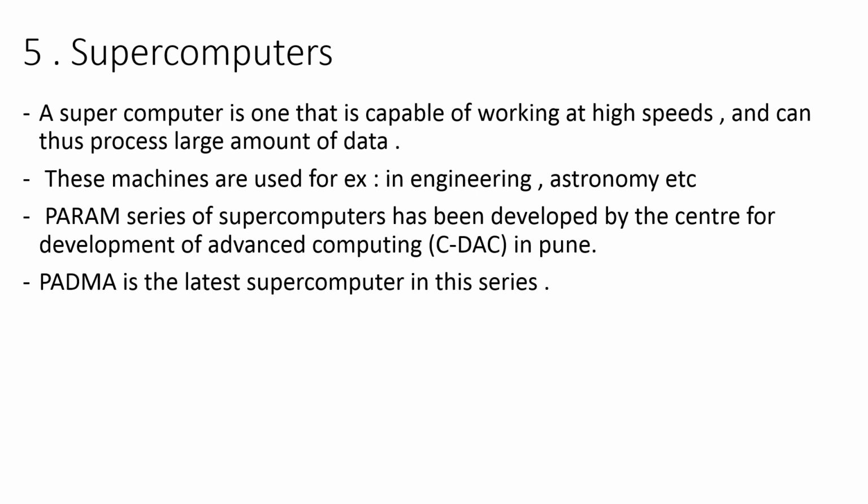We have learned 5 types of computers so far. First is mobile computers, second is microcomputers, third is mini computers, fourth is mainframes, and fifth is supercomputers. Okay, let us revise what we have studied in these types. Now, on the basis of size, computers are classified into 5 types.